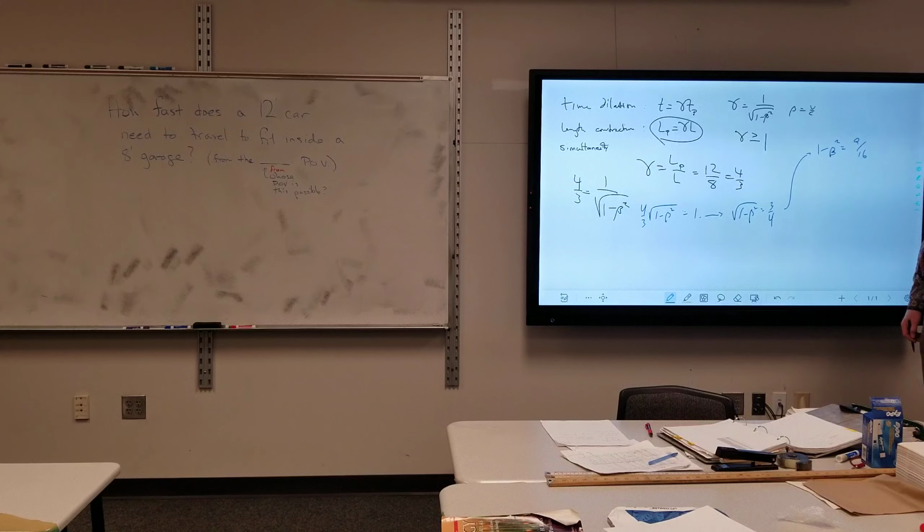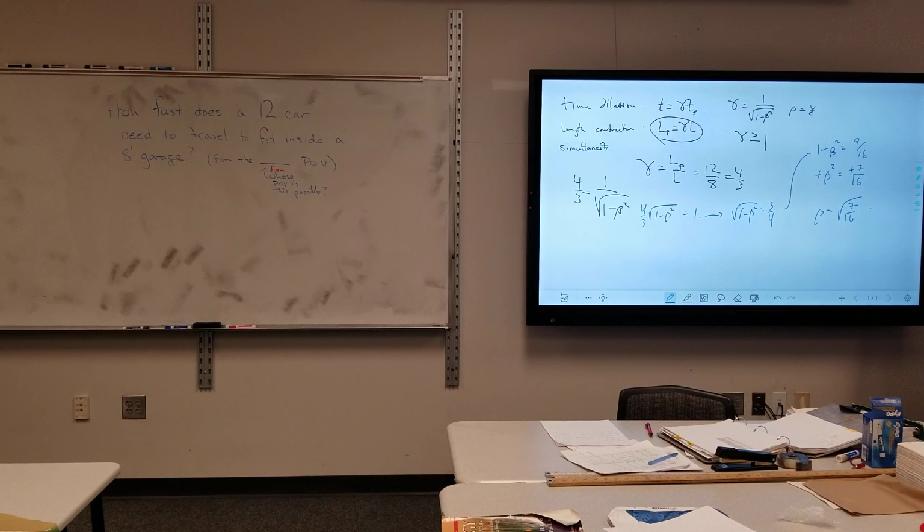Subtract 1. Or subtract 16 over 16. Subtract the 1 from the left side. Subtract the whole 16 over 16 from both sides to get rid of that 1. So I got negative beta squared, and I'm subtracting 1 from each side, so that's negative 7/16. Multiply by -1 and then square root it. All right, so beta is the square root of 7/16,